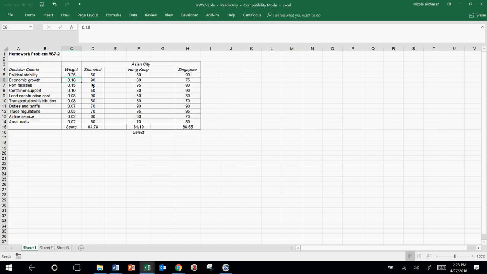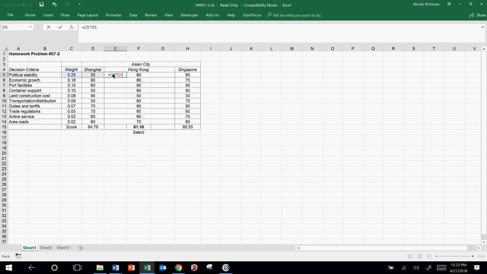So separately from developing the weights, we've gone through and scored, and the book has already done this for you, scored Shanghai, Hong Kong, and Singapore based on these factors without considering the weights. So for example, for political stability, they scored Shanghai at 50, Hong Kong at 80, and Singapore at 90. Once we have these factors or these scores, we can then weight our scores appropriately. And there's two ways we can do this. The easiest way is to multiply each weight